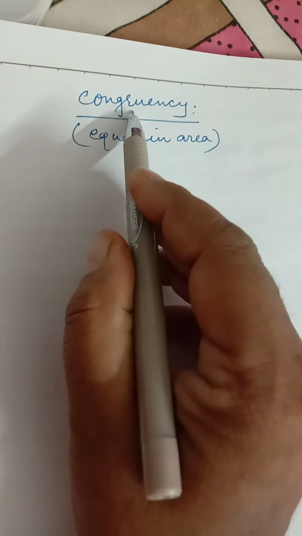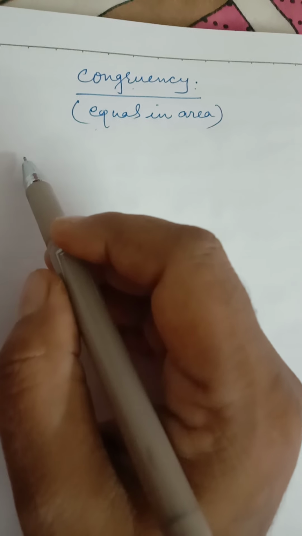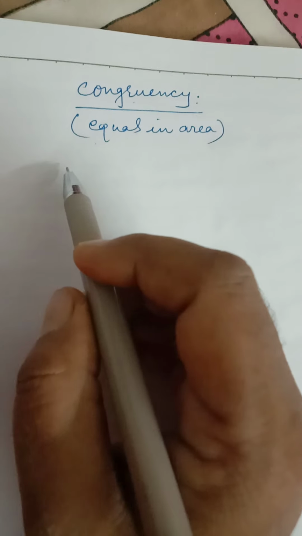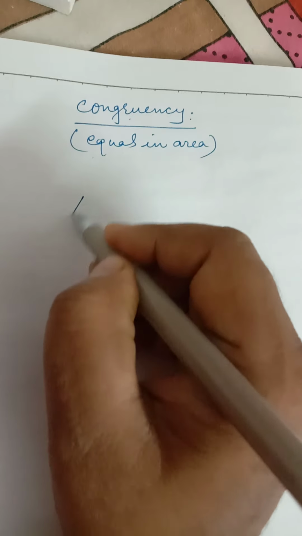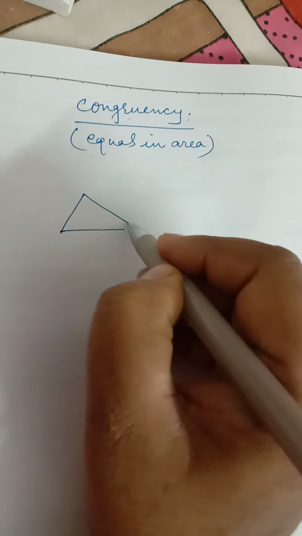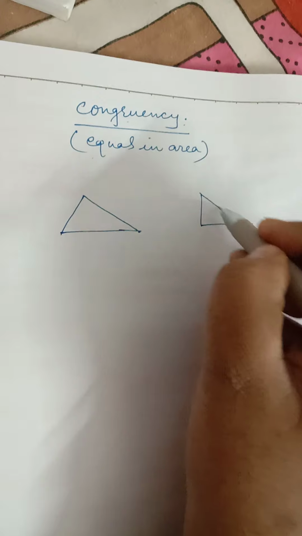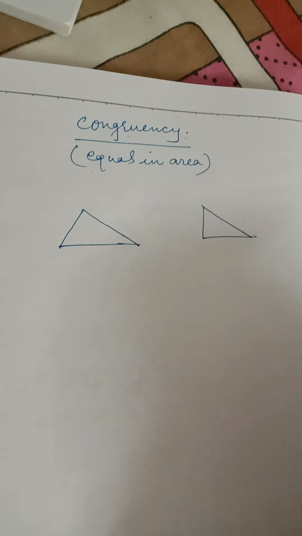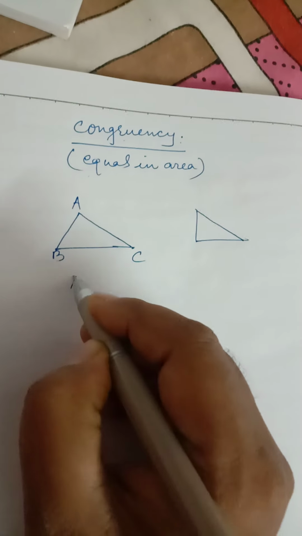The meaning of the word congruency is equal in area. When we have two different geometrical shapes and their areas are equal, they are said to be congruent. Generally, this is used for triangles. If you have two triangles, maybe looking different from each other, but the area of the first triangle is